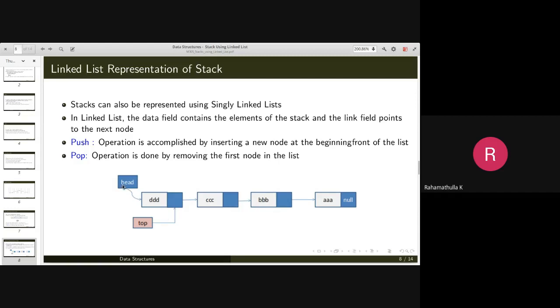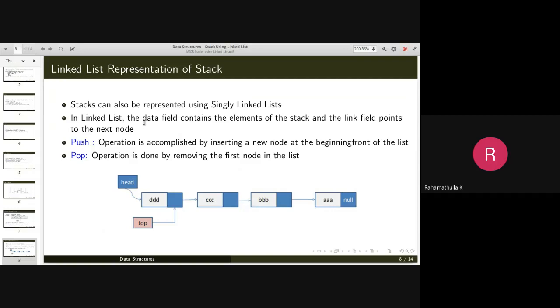You can utilize the same pointer, the head pointer, which we normally use to represent the head node of your linked list. So you have a data field which contains the elements of the stack, and a link field which points to the next node. In a linked list representation, there is no restriction on the size of the stack.